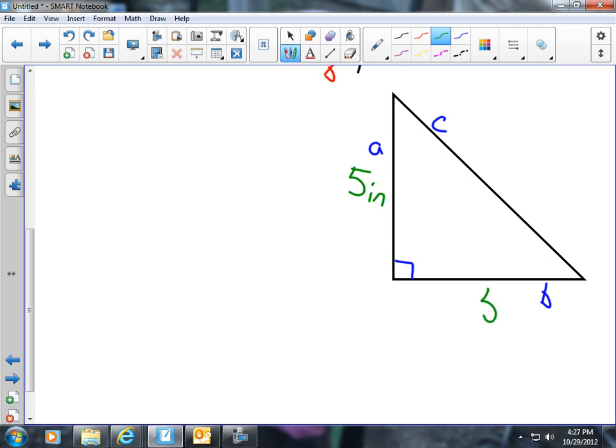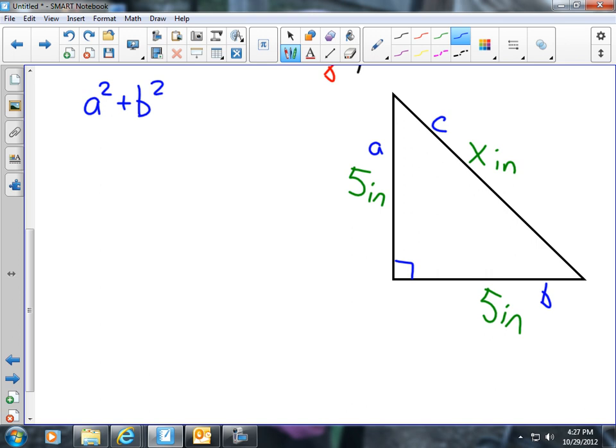We'll make this 5 inches as well. Let's find out what happens. And here, we don't know what it is. We're going to say it's X inches. We don't know how many inches it is. So over here, we're going to go ahead again and put our Pythagorean theorem, which is a squared plus b